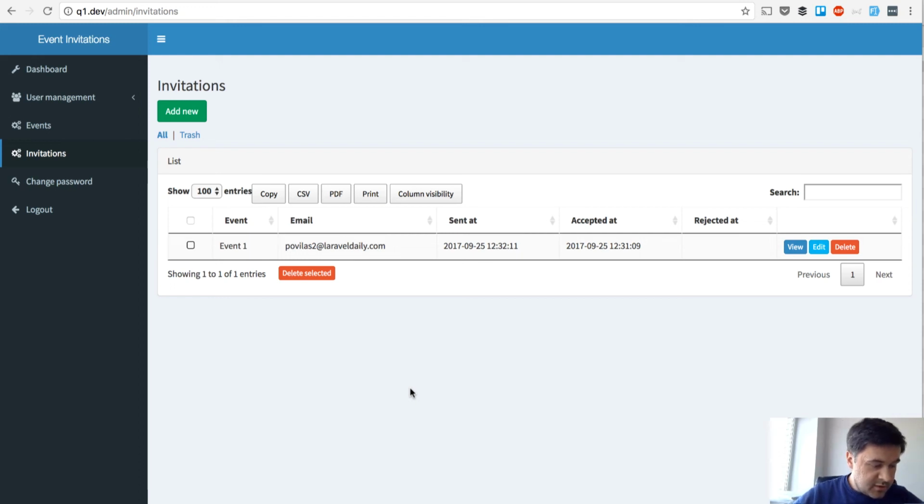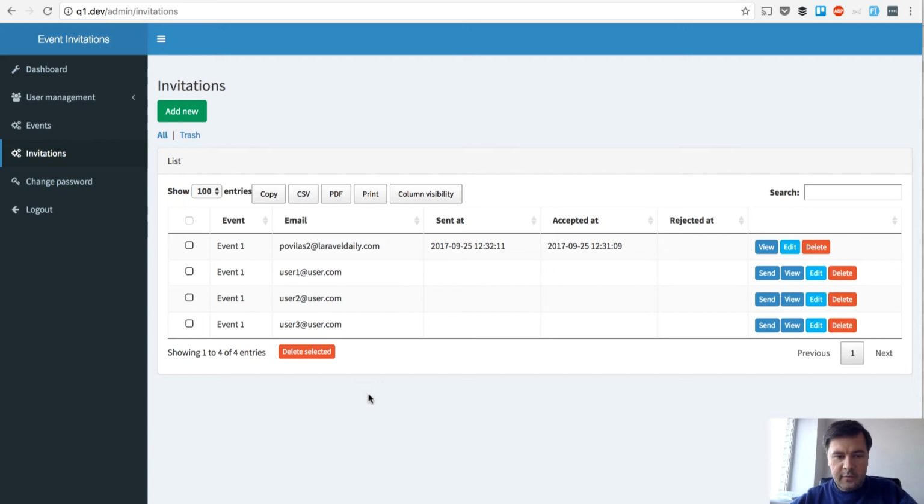Now the next step is, what is the next step? Send more invitations in bulk. Okay, I've added some invitations that we can send, and before we actually do the coding, important notice: